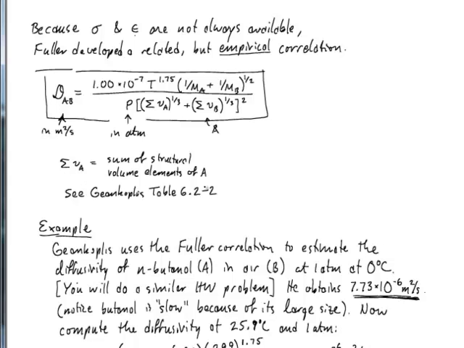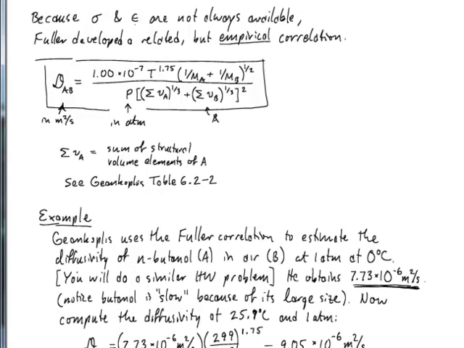So, these sums of the structural volume elements of the individual atoms in a compound, those are kind of hard to get. They are not tabulated in Kussler, which is kind of unfortunate. Kussler, if you make a 4th edition, please put those in. You give this formula and then don't give us the values that we need to use it. But Jean Koplis has these things tabulated for many of the common atoms that you might encounter in a compound, and so then you can actually use this for compounds that you've never seen before. It works pretty well.